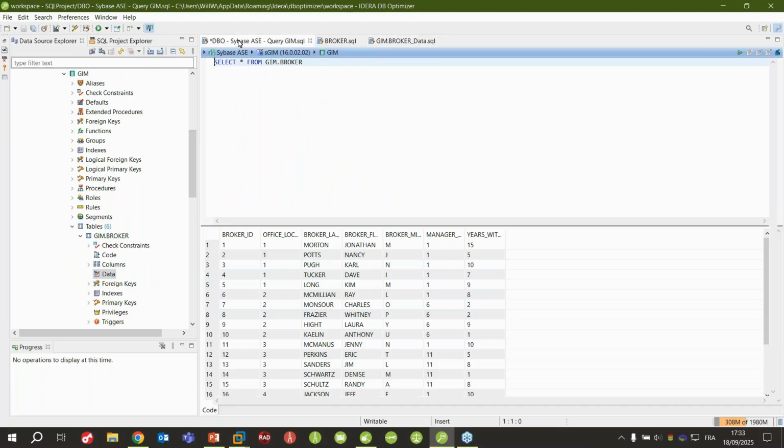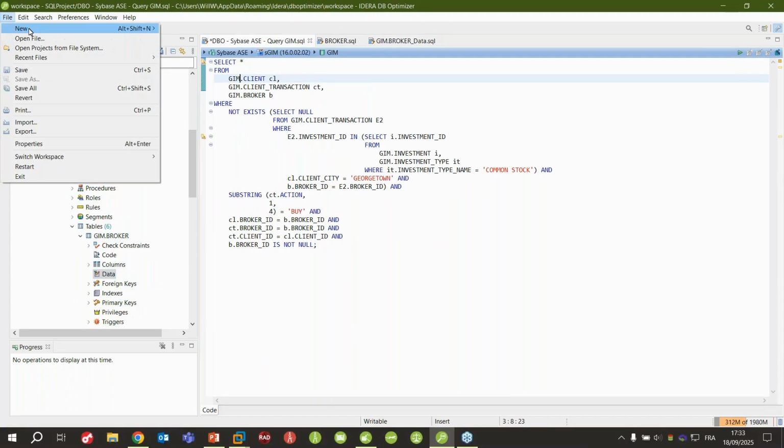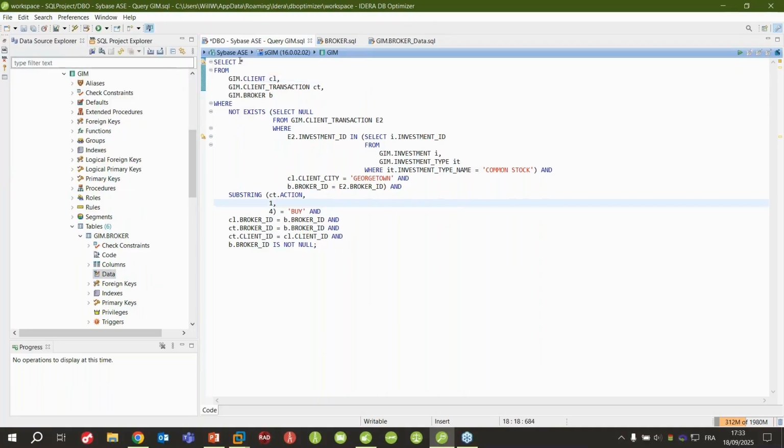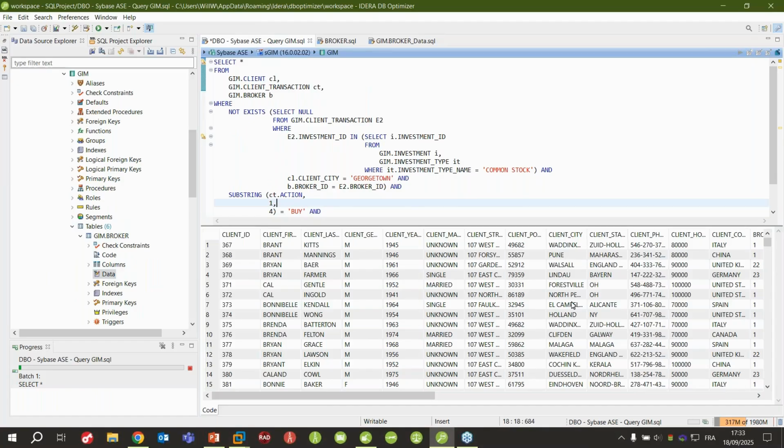We can also run some specific queries. So you can create from the tool a query, like I said during the slide. You can create a new SQL file, and here I have one specific file, one specific query that is querying my database. If I run it from here, we will see the result directly available.